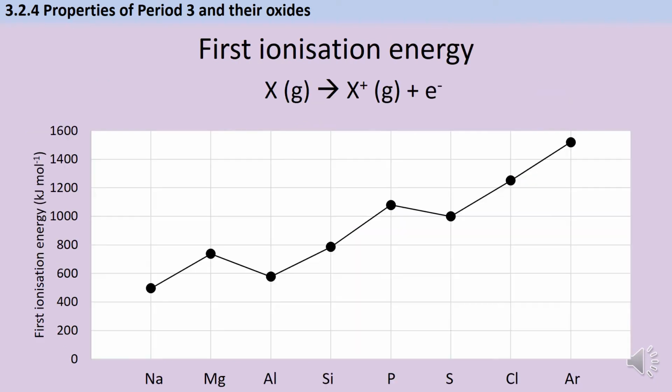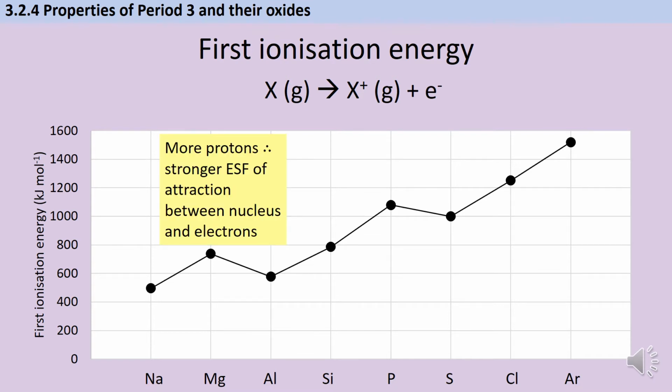shielding. The first ionisation energy of an element is the amount of energy required to remove 1 mole of electrons from 1 mole of gaseous atoms to make 1 mole of gaseous ions with a single positive charge. Again, the general trend is for this to increase as we move left to right across the period, but there are some exceptions. So firstly, we see this increase happening, and this is because there are more protons as we move left to right across the period, and therefore a stronger electrostatic force of attraction between that nucleus and the